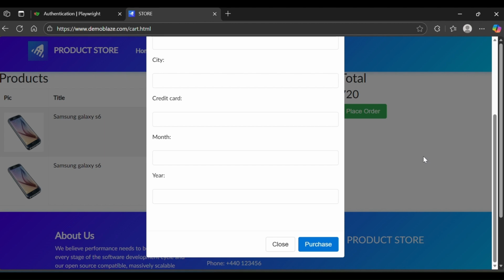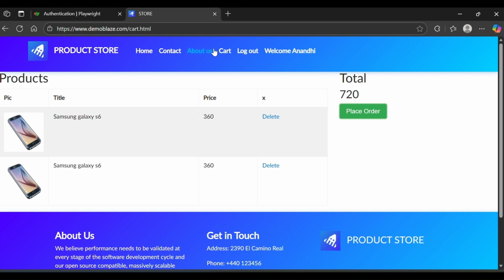So to perform two scenarios, that is add item and place order, for both of the scenarios we must have logged in to the system. When we want to automate these two scenarios, we want to log in to the system. So every time we have to launch the application, enter the login details and click on the login button. Instead of doing this, in Playwright we have an option of storing the authenticated browser storage state